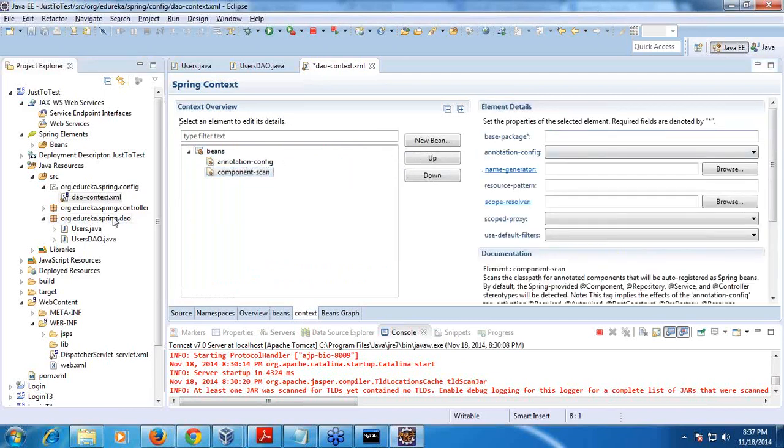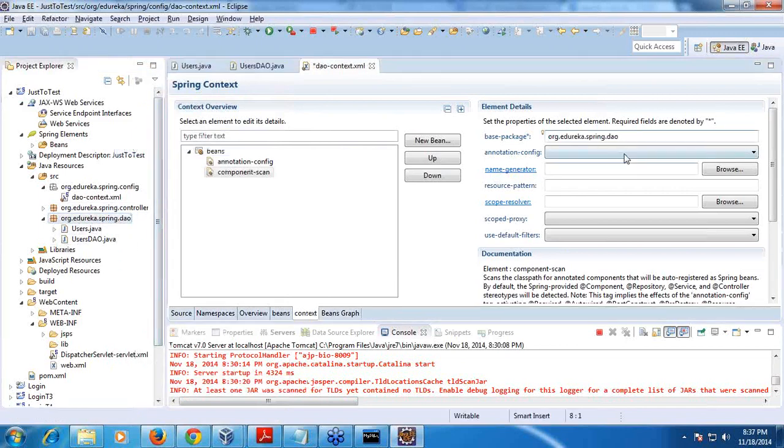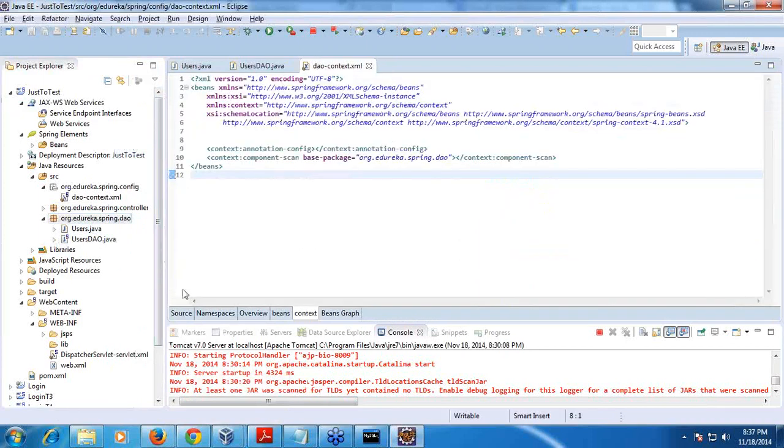In the component scan, you just give the class path, the package name where you have these classes. Again I am saying these classes have to be used here.